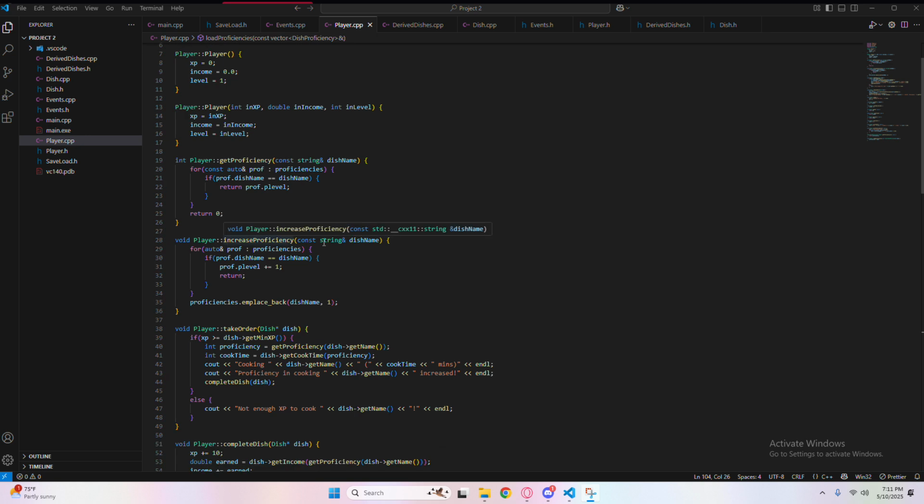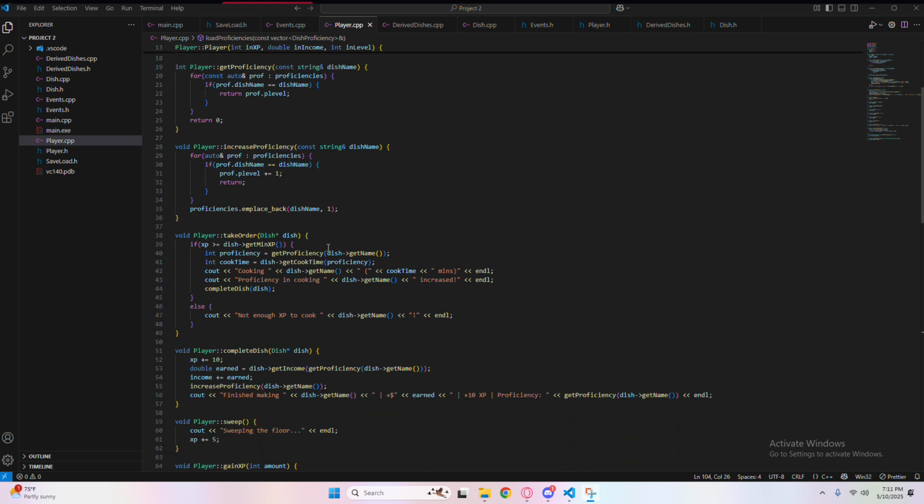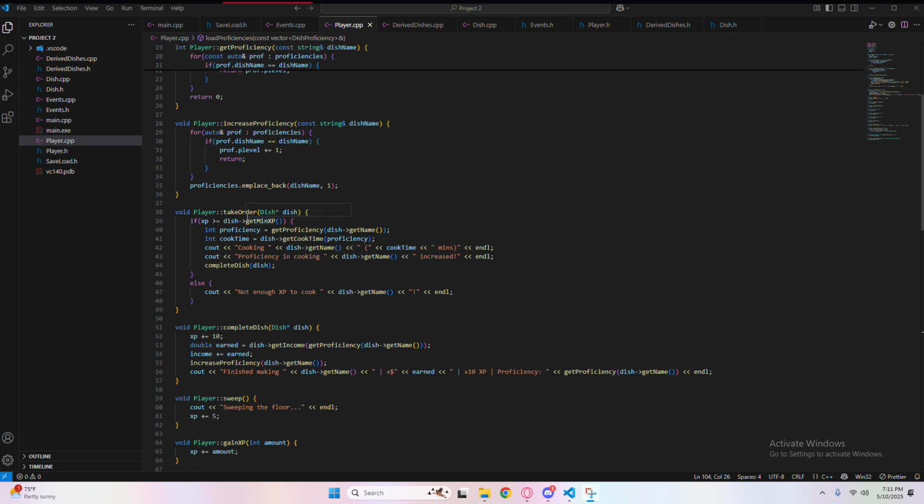The increase proficiency function takes the dish's name and finds that dish for the player and increases that proficiency level of that dish for the player. I have a take order function where the player will take the order of that dish and they will get the player's proficiency of that dish, and will get a cooking time based off of their proficiency in that dish. And the game will output the amount of time it needs to take to cook that dish,